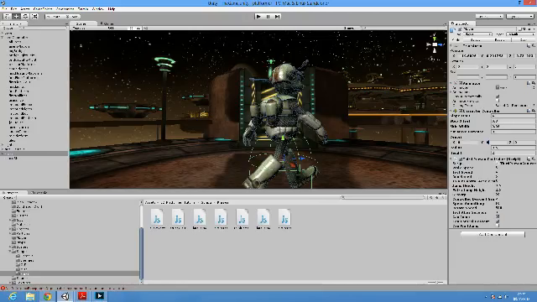There we go, I found it. Okay, this is the capsule collider. 1.03 on the Y position. So we've got